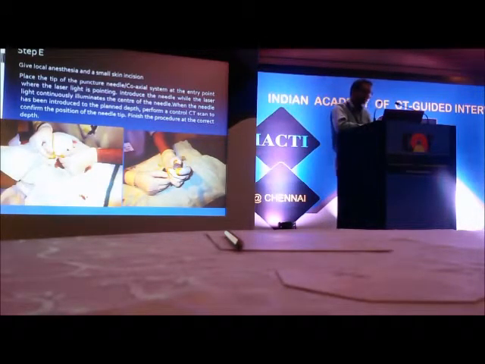It's a tiny red dot that is seen on the hub of the coaxial needle. And as you insert your needle to the target depth that you calculated, you have to make sure that the laser is always shining on the needle hub. This basically keeps the needle in the correct angle that you want. The other image on the right just shows the laser dot, and that is how it would appear on the hub of the needle.